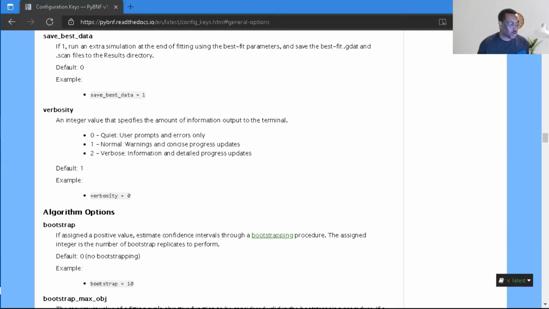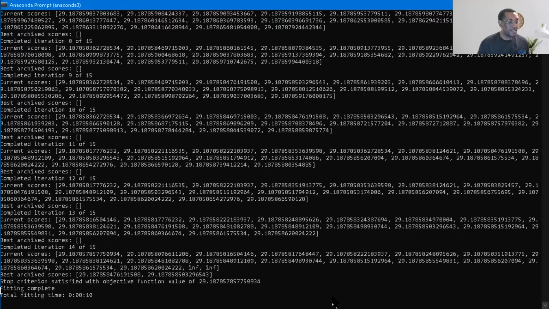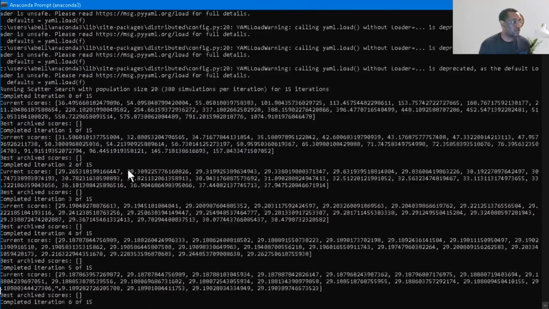And I want to bring my terminal over here to show you visually what that looks like. So this here was when I had set that key to 2. This is the most detailed information being shown of each job or each iteration that's being run for my job. For this one, I only ran 15 iterations, but you can see each objective that's being given per population that's run on each iteration. So this is verbose, a lot of detailed information in here. And if I scroll up,